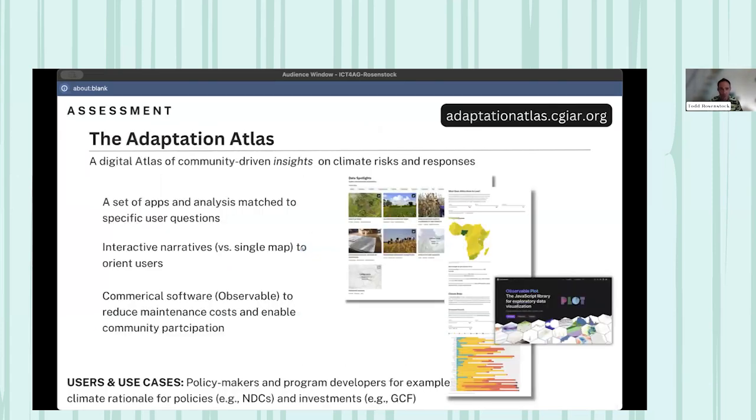So the first tool I'm going to talk about is the Adaptation Atlas. The Adaptation Atlas is a digital atlas of community-driven insights on climate risks and responses. And I say insights because we really look at it through a pretty expansive idea of what an atlas is. It's not all about geographic information. It is really about delivering the types of information users, policymakers, program developers need to develop climate rationales for policies,